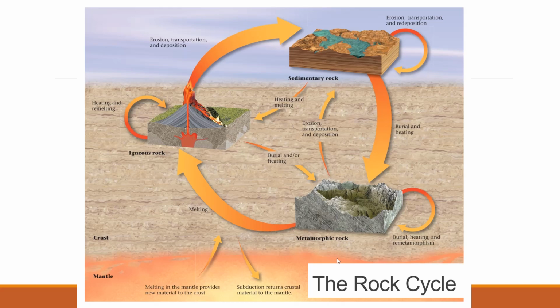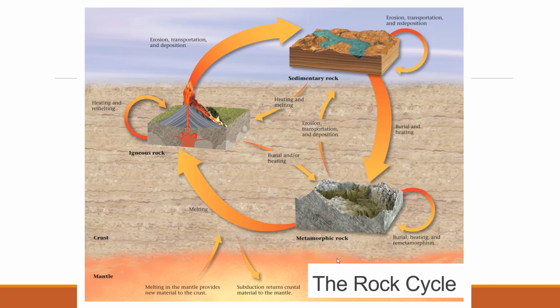If we break it up and let it reform, it will become a sedimentary rock. That sedimentary rock, if we melt it, it becomes an igneous rock again. If we heat it, but don't melt it, it can become a metamorphic rock. Or if we just break up that sedimentary rock and keep resorting it and transporting it, it will become a